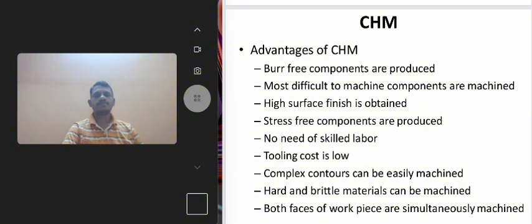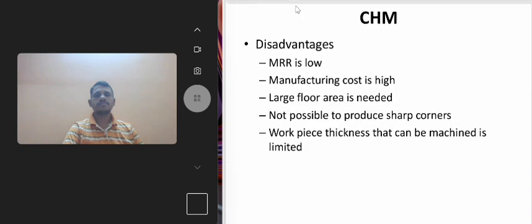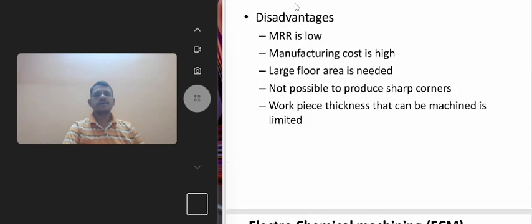Disadvantages of CHM. Since the process is slow, metal removal rate is low. Manufacturing cost is high. Workpiece thickness that can be machined is limited. Larger floor area is needed. It is not possible to produce